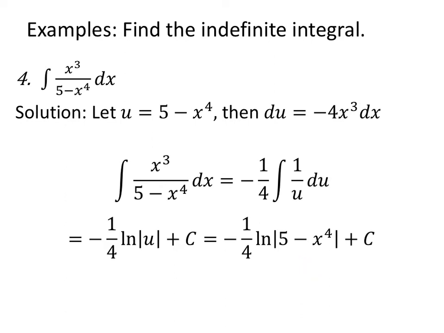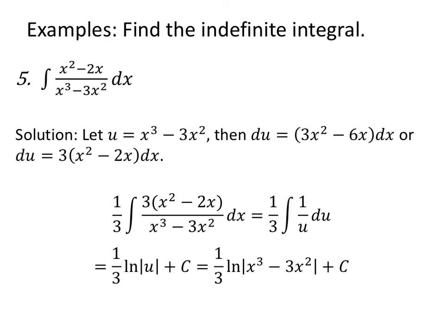There it is. There you have it. Now, does it get more complicated? Absolutely. But don't let it be too bad. For the integral of x squared minus 2x over x cubed minus 3x squared dx, when I let u be my denominator, x cubed minus 3x squared, then my derivative is 3x squared minus 6x dx, or I could factor out a 3, and I can see exactly my x squared minus 2x dx